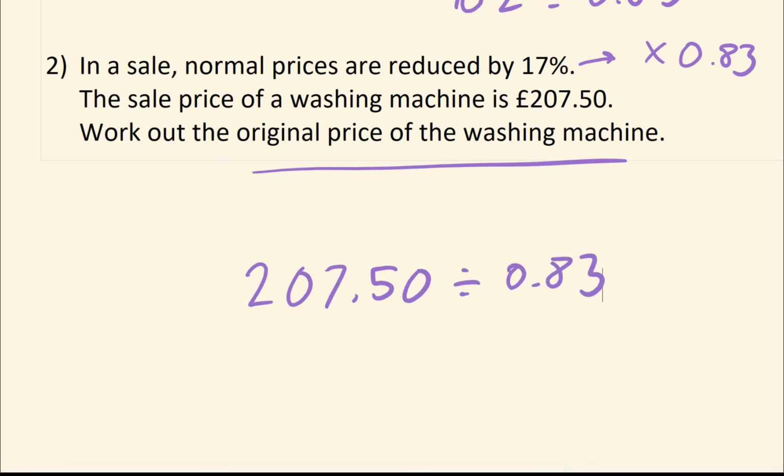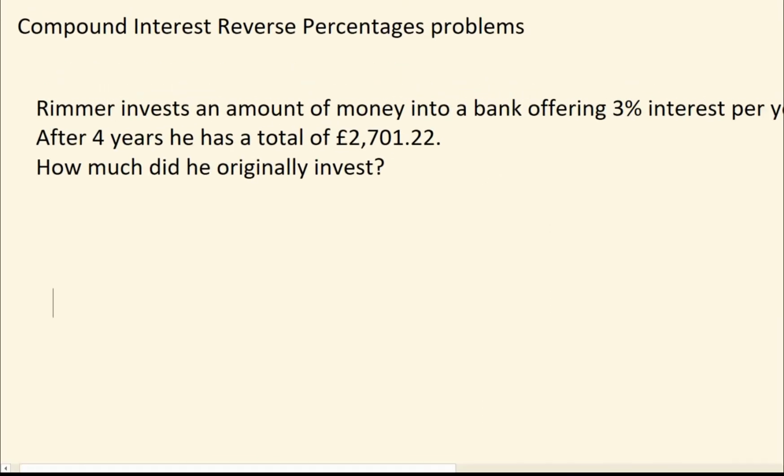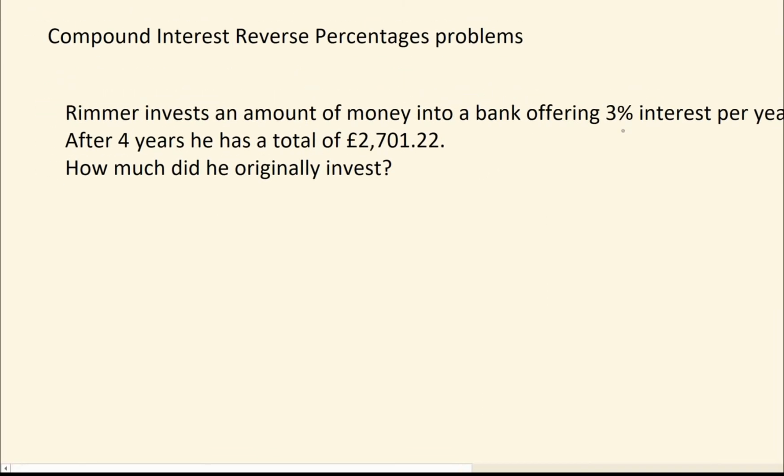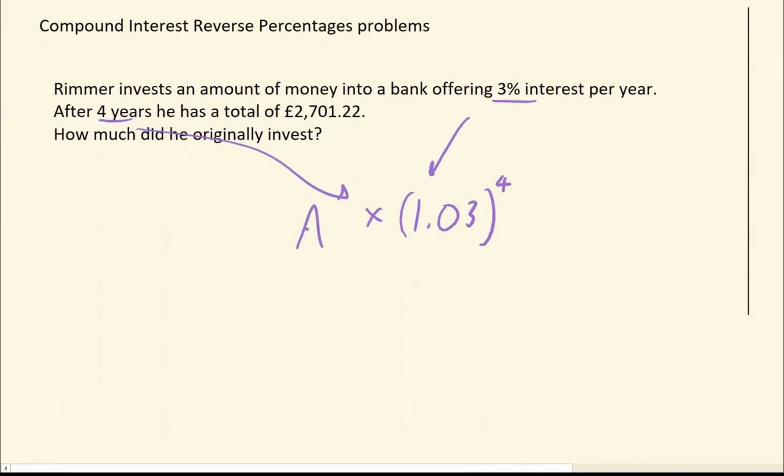Just quickly, we can merge those two topics together to look at a compound interest reverse percentage problem. This isn't as scary as it looks. There's not a huge amount to this. So, Rimmer invests an amount of money in a bank offering 3% per annum interest for 4 years. So, combining those two things together, you would normally times by 1.03, because it's 3% interest, to the power of 4, because it was 4 years. He did that with some amount, we don't know how much, but we know he then ended up with this amount here,